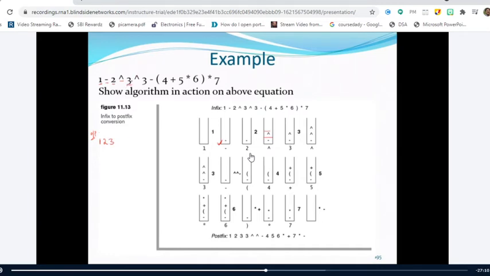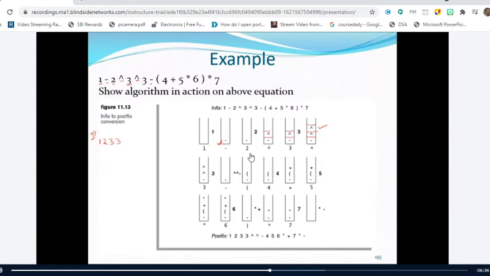The next token that is read is cap. Now what you have to do? You have to compare the priority of the incoming operator with the priority of the top symbol. Both of them are having equal priority, but these 2 operators are right to left associative. So when they are right to left associative, if they have equal priority, then you have to perform a push operation. Therefore, I push cap onto the stack. Next, again, I have come across 3. Therefore, place it in the output.